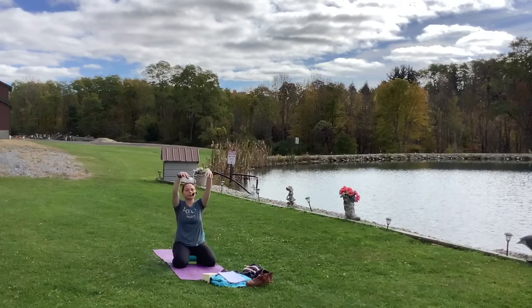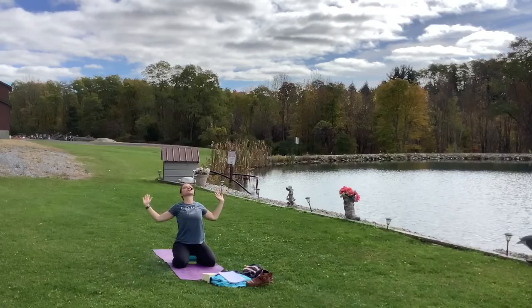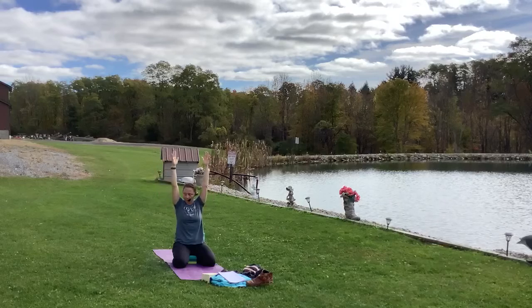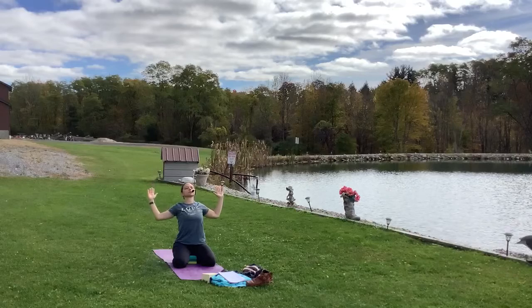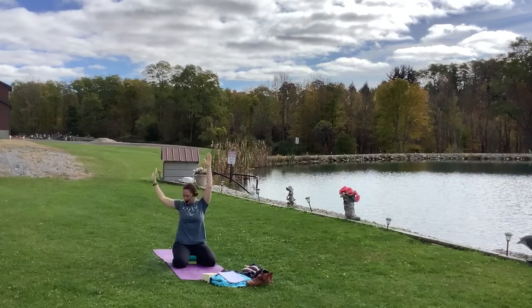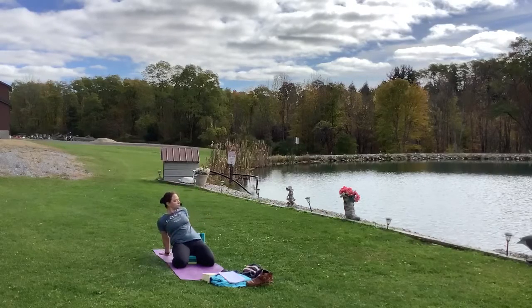So we'll inhale the arms up overhead and exhale into our cactus arms. Good. Inhale the arms up overhead. Exhale into cactus arms. Inhale the arms up overhead. And then on this exhale, see if you can just walk the hands behind you with your fingers facing the